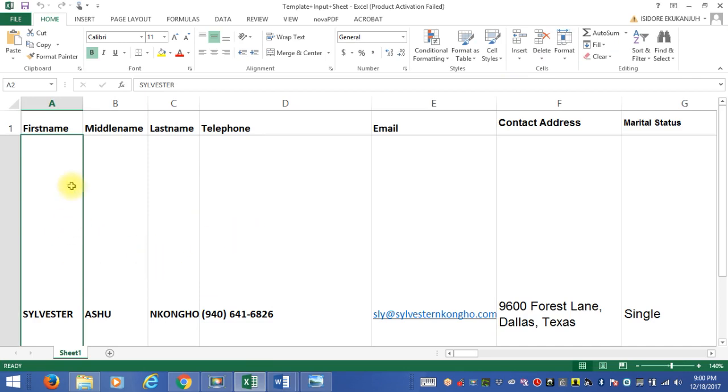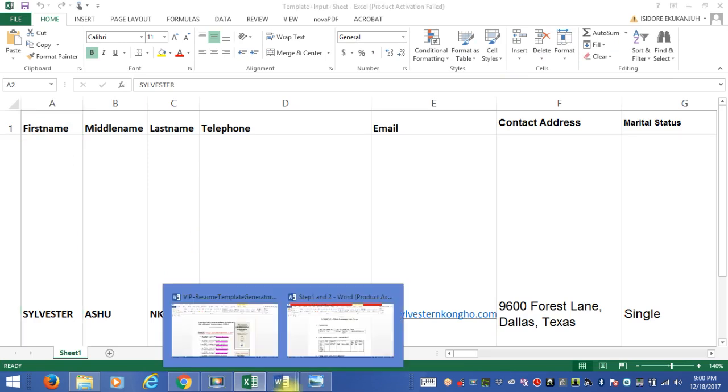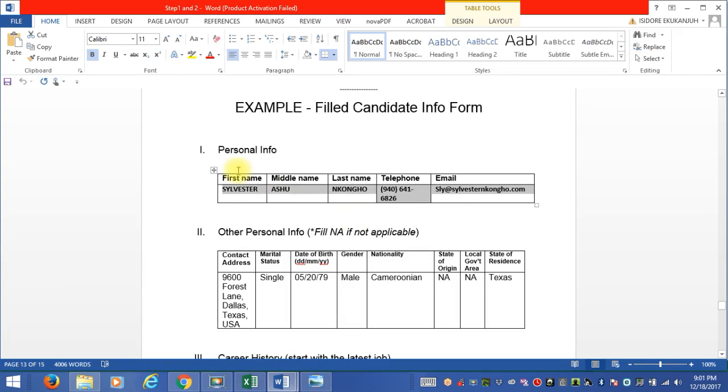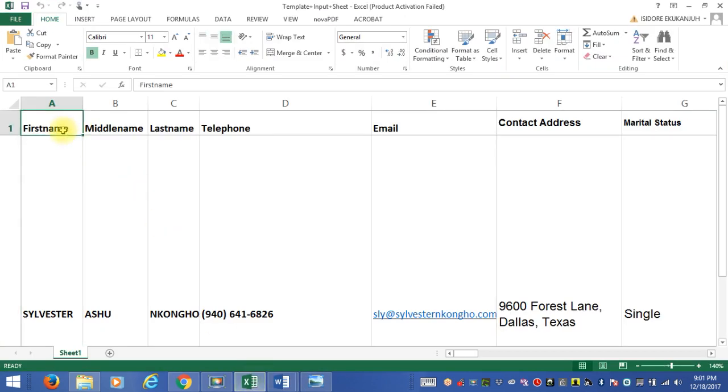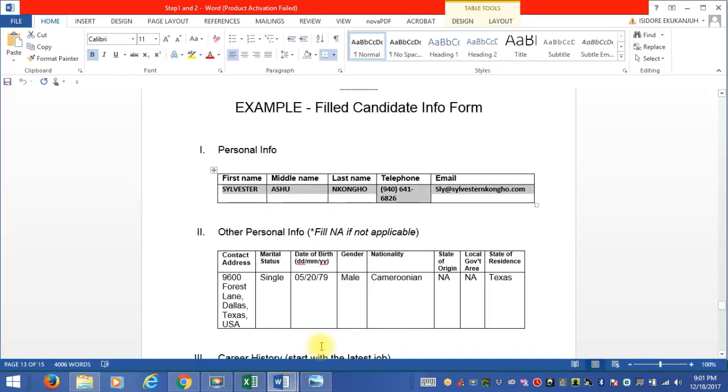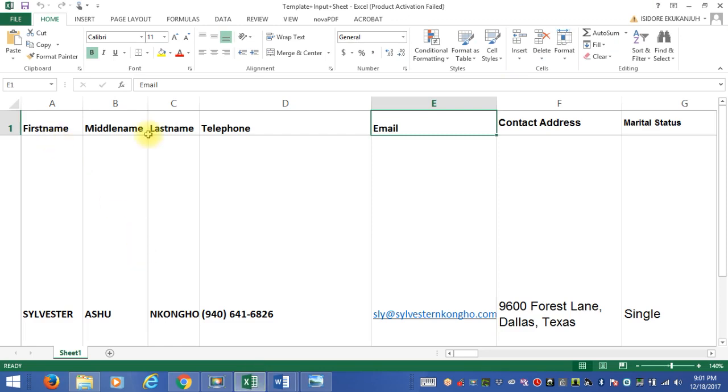Now be very careful here. This Excel sheet is designed following the same structure of this candidate information form here. So in other words, it starts with the first name here and it ends with the email. The same thing happens here. It starts with the first name and it ends with the email. So if you look at this form, it starts with the first name and it ends with the email